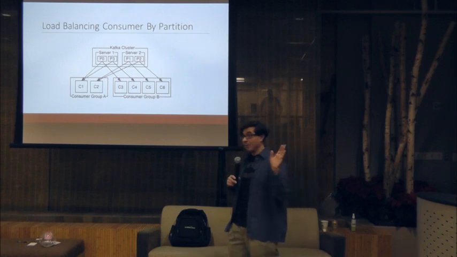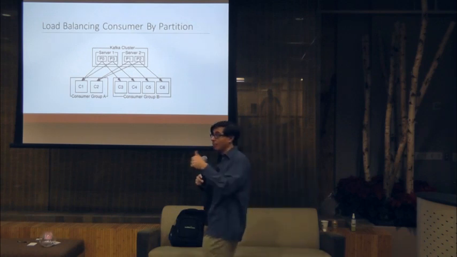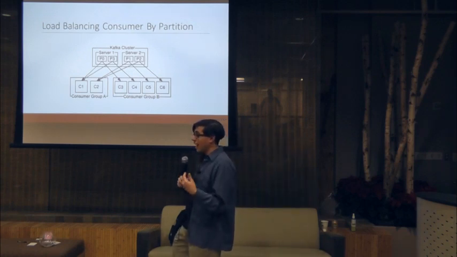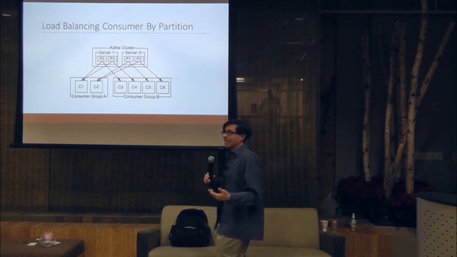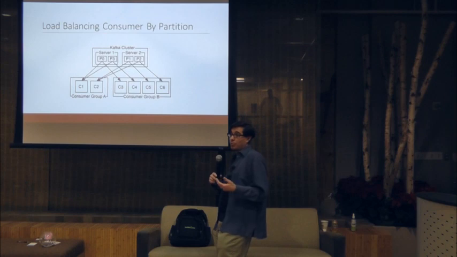uuid.randomUUID().toString, but some partition key. You've got to give it some partition key. If you still find hotspots in your partitions, well, you've got to start to rethink what you are partitioning on,